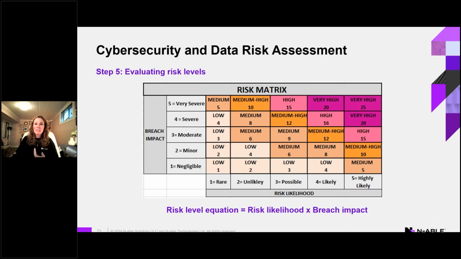And so the idea here is that you would run each risk scenario that was identified in step 3 through this matrix so that you can assign an individual risk level to each risk scenario. So as an example, going back to our risk of a SQL injection attack,